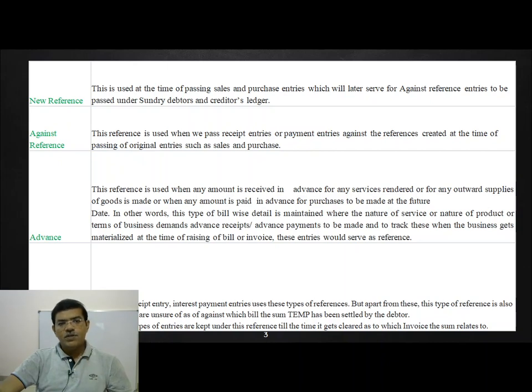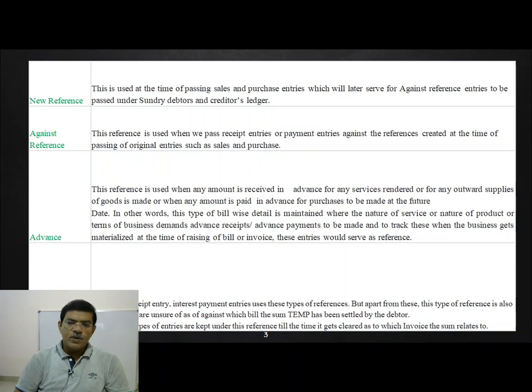In case of advances, these references are used when any amount is received in advance for a service rendered or for any outward supply of goods to be made, or when any amount is paid in advance for a purchase to be made at a future date.